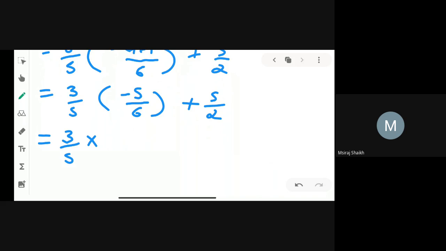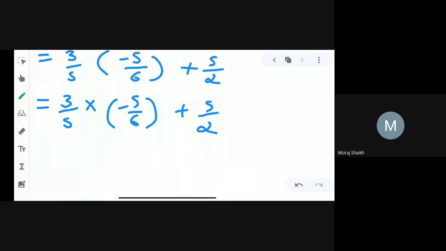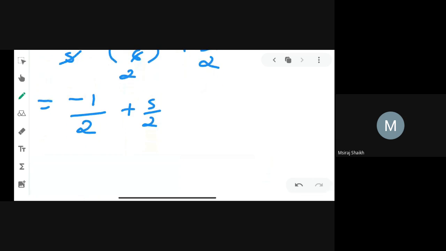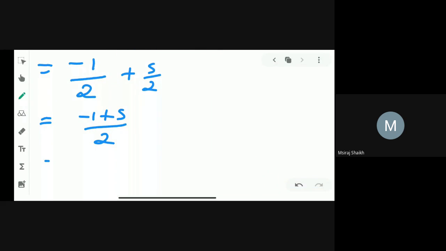Now we are removing the bracket, so it is in multiplication, right? Plus 5 by 2. Now you can see we can directly cut 5, 5 will be cut, 3 twos are 6. So what is the answer? In the numerator, only the negative sign is left, so it means minus 1 is left. In the denominator, we have only 2. Plus the third number 5 by 2 we have to write down as it is. Now in the final answer the denominator will be 2, it is equal, so we can directly add the numerators: minus 1 plus 5.